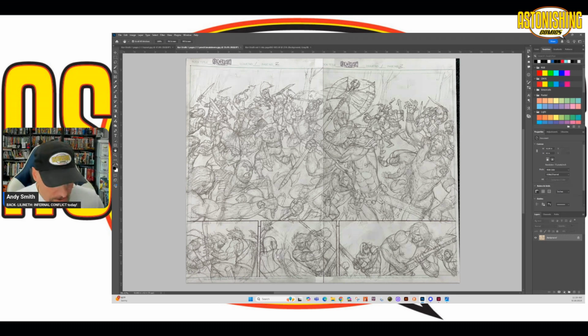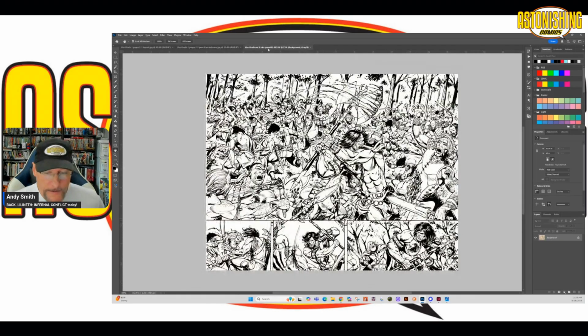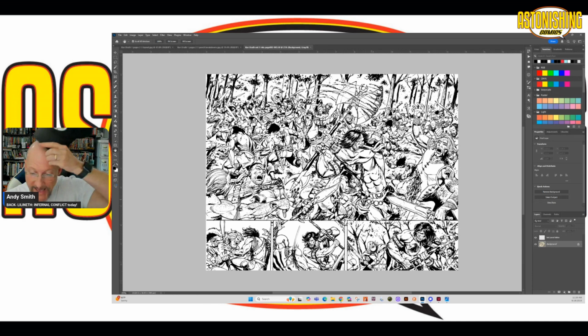But the breakdown artist should have all the details of costuming and stuff put in. And then last but not least, I didn't do full pencils because I was inking it myself. So these are the finished inks to the breakdowns I just showed you. And I added all the lighting and shadows and stuff while I was doing the finishes. So I was acting as the finisher on this. And you can see all the details and stuff that I added